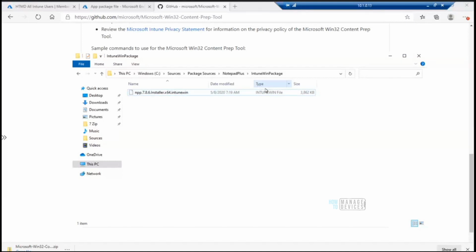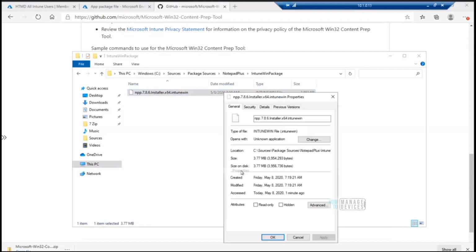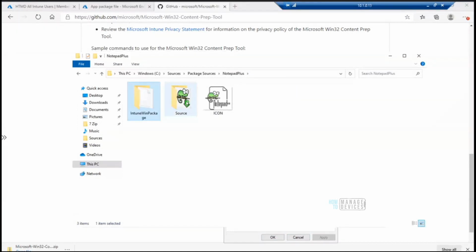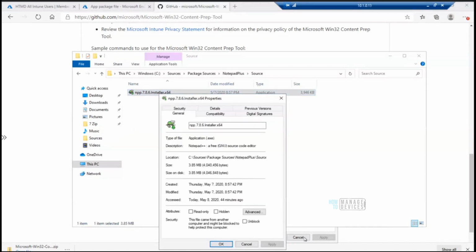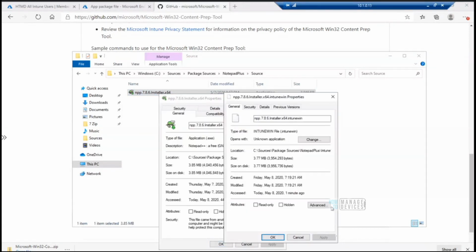You can see the type as Intune Win file. Now check the size of this file. This is 3.77 MB. And what was the original size of the exe? If we can bring both together.